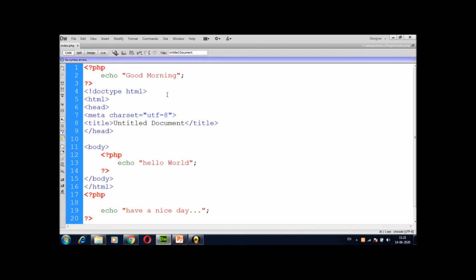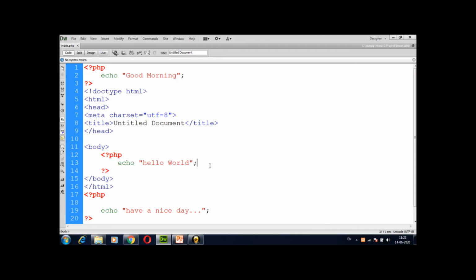So this is the way to write any PHP syntax inside the PHP starting tag and closing tag. You can write PHP conditions, loops, variable declarations. Also you can write database query syntaxes inside this programming language. We will learn all these statements in day by day lectures.